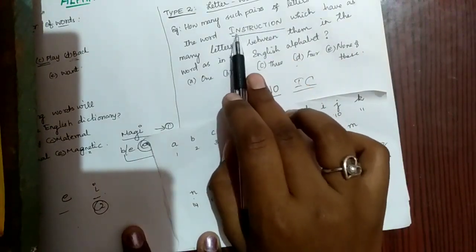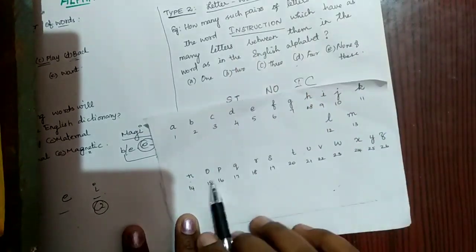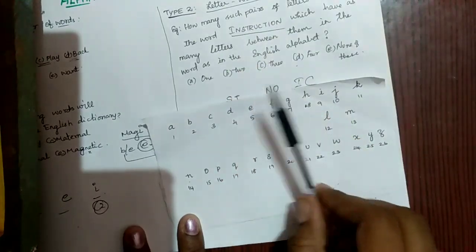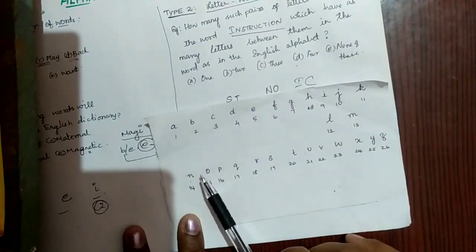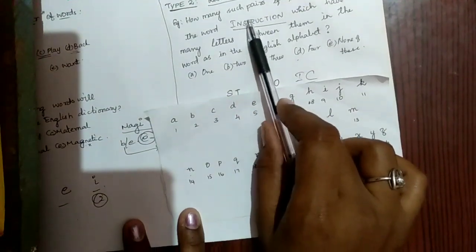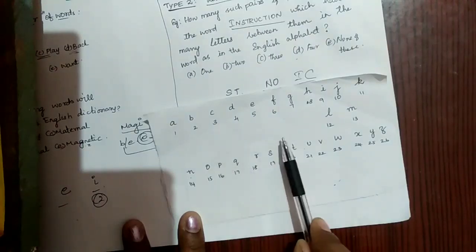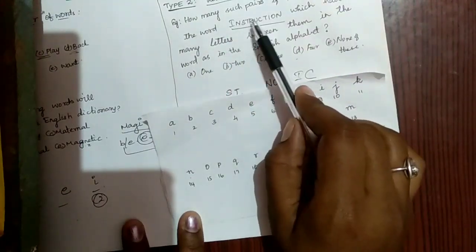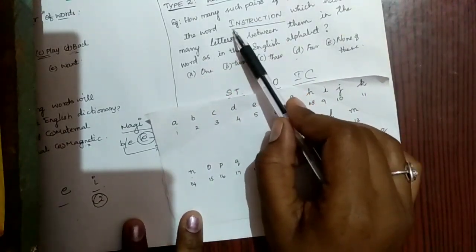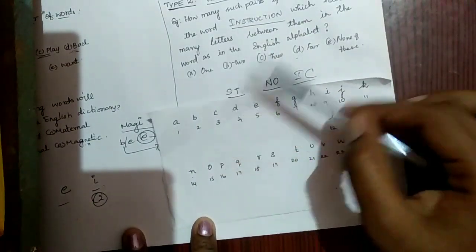So next we go to N. Comparing N and S, how many letters? The letter gap is 0, but here the letter gap is 4. Between N and T, here the letter gap is just 1, but here the letter gap is so much. Between N and R, here come 2 letters, and here come 3 letters. So this does not match. With N and U, here come so many letters, and here just 3 letters. Between N and C, here is 4 letters, and here so many letters.